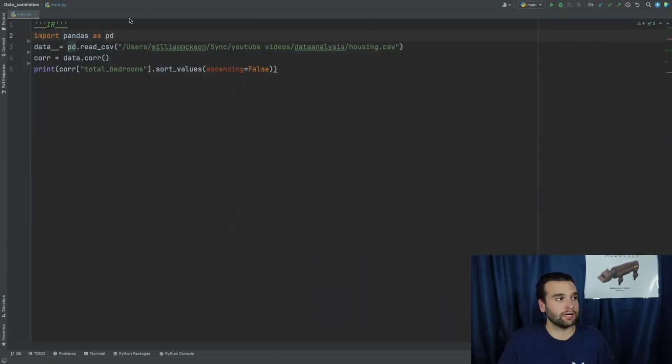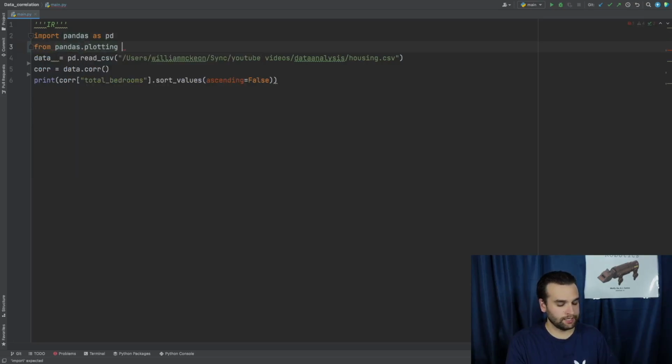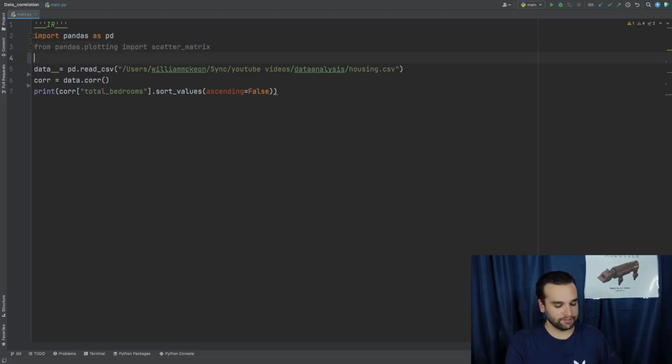We're going to come over to a new line, preferably somewhere near all the other modules that you've imported. I'm going to say from pandas.plotting import scatter_matrix. Scatter matrix is going to be doing all the heavy lifting for this data visualization. Now, in order to actually see this figure or this plot, we're going to want to call upon matplotlib.pyplot. So I'm going to hit enter again, and we're going to say,